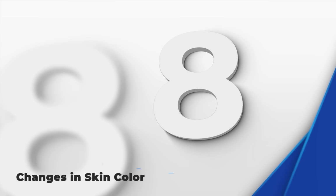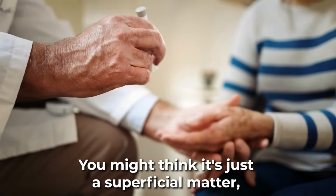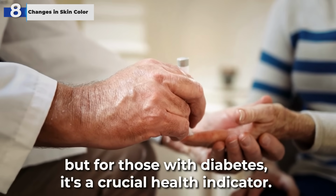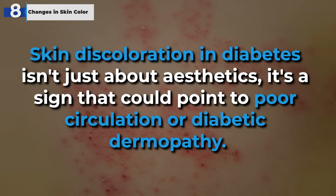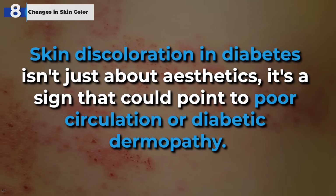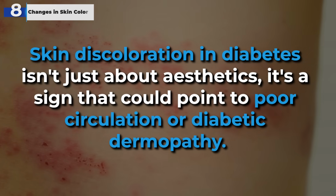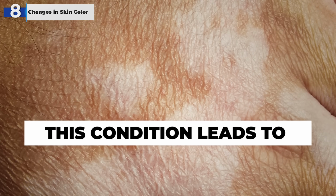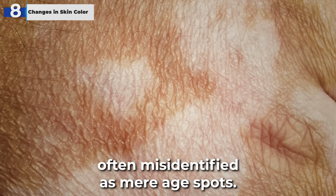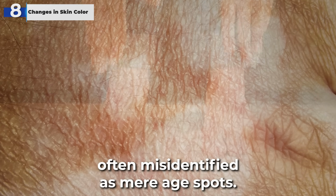At number 8, we delve into changes in skin color. You might think it's just a superficial matter, but for those with diabetes, it's a crucial health indicator. Skin discoloration in diabetes isn't just about aesthetics. It's a sign that could point to poor circulation or diabetic dermopathy. This condition leads to the development of light brown, scaly patches, often misidentified as mere age spots. However,